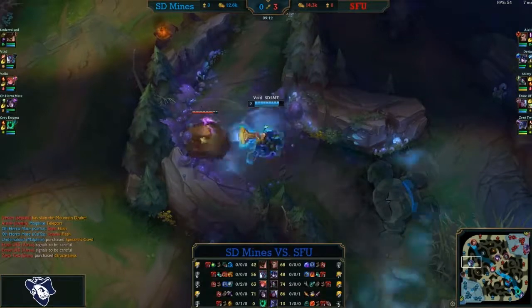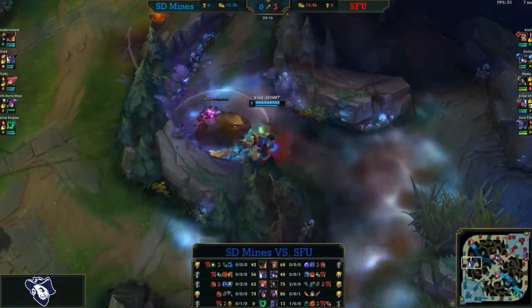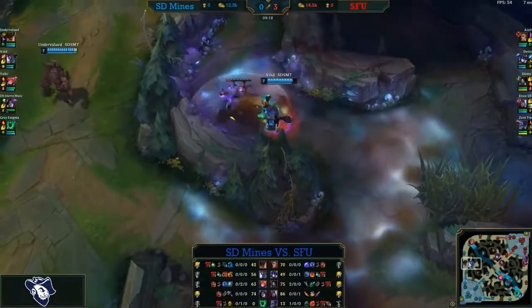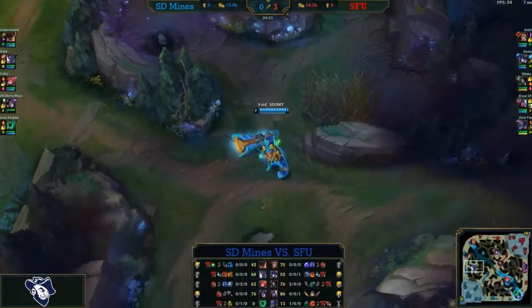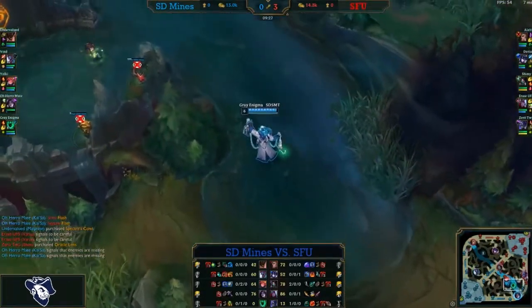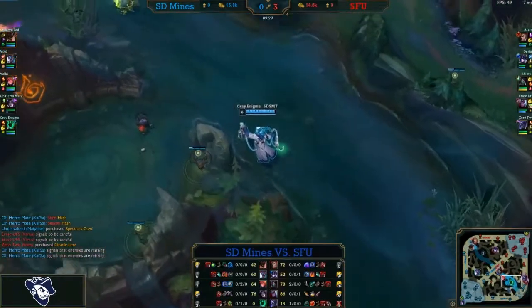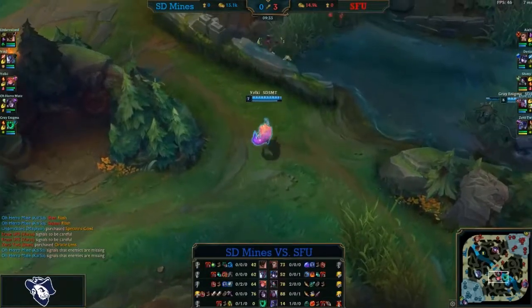Void clearing out some of these jungle camps, trying to get as much gold as possible. These camps will also give him experience, just making him more powerful in general. And hopefully he can start cracking the doors open for SD Mines as they're looking for a way to gain any type of advantage in this match. Yeah, now that they have fallen behind in this game, they kind of just need to...